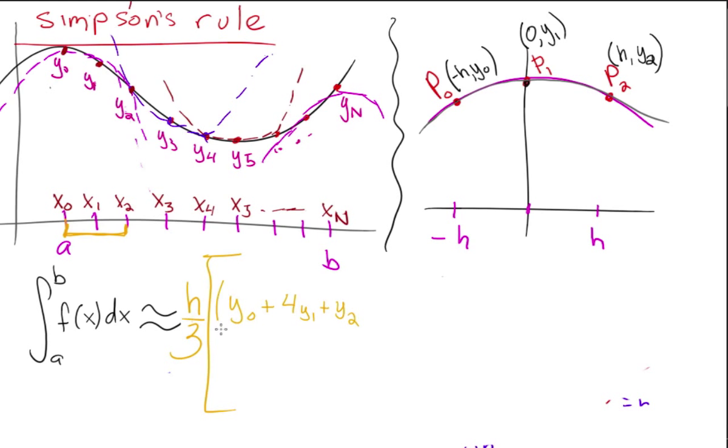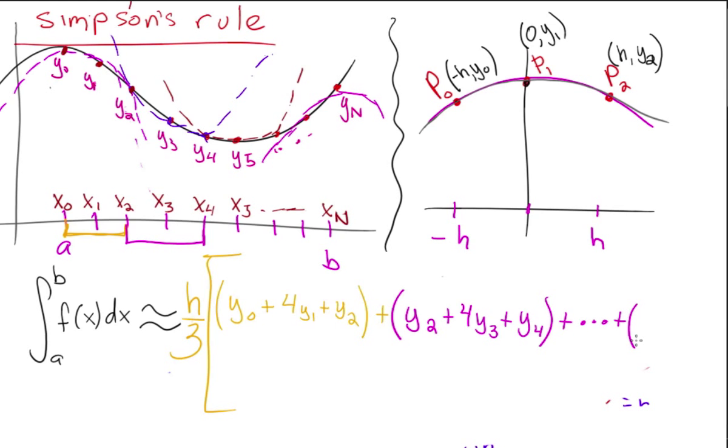Okay. And then plus, so now we go on to the next one. So this is 2 to 4, right? Okay, so again, h over 3, right? We took it out. And then what would it be? Y sub 2, 4y sub 3, y sub 4. Does that make sense? So it's 1, 4, 1, and then 1, 4, 1, and then 1, 4, 1. So this is y sub 2 plus 4y sub 3 plus y sub 4 plus,